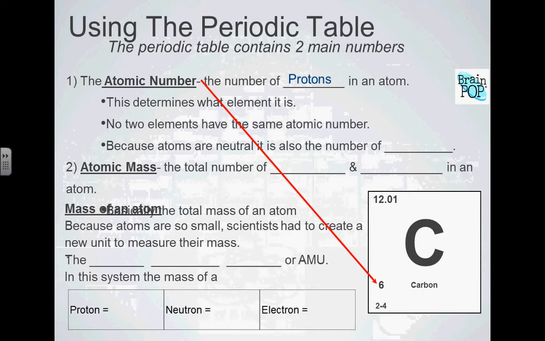Now overall, in general, elements on their own are electrically neutral. Their charge is 0. So if carbon has 6 protons, what kind of charge do protons have? Positive. What must that mean about its number of electrons? It must be the same, to balance each other out to make a neutral atom. Yes. So the atomic number not only tells you the number of protons, but it also tells you how many electrons there are in an atom of that element.